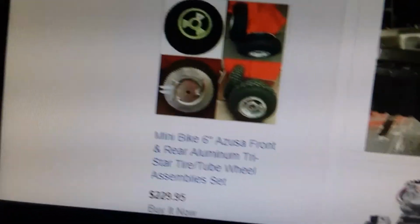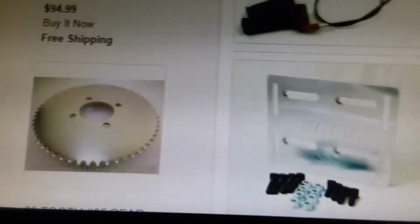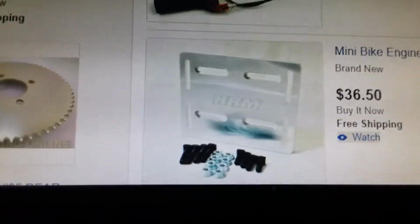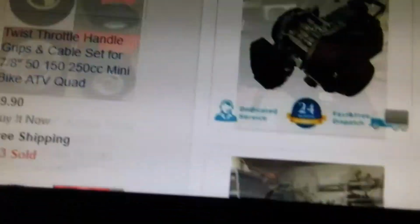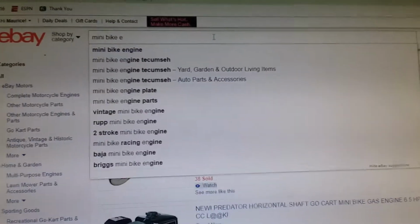All right. Now on eBay, you see this? Just for the front and rear wheel with the drum brake assembled is like $229. I paid less. I paid like $239 for an engine and everything else that I paid for that I told you about in the first video about this. Anyway, so mini bike